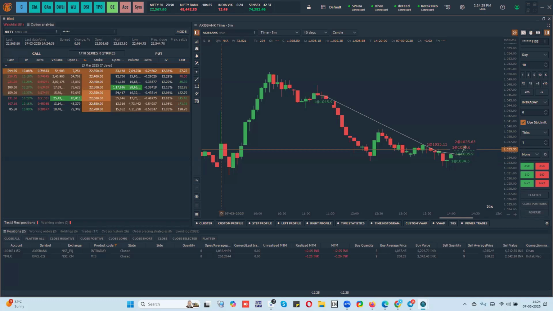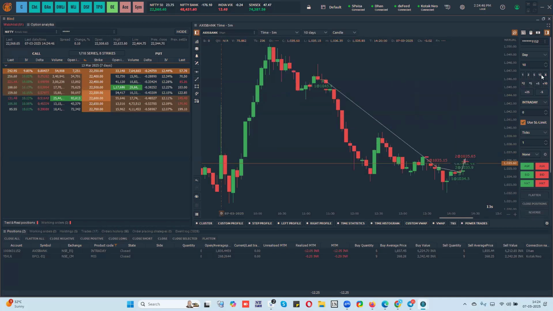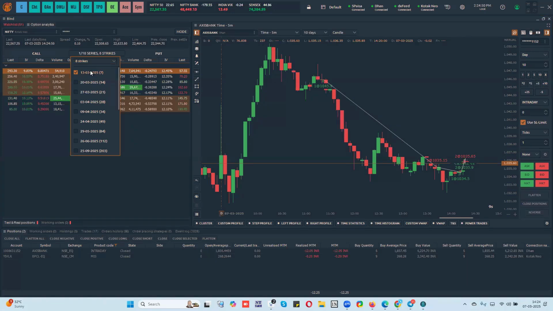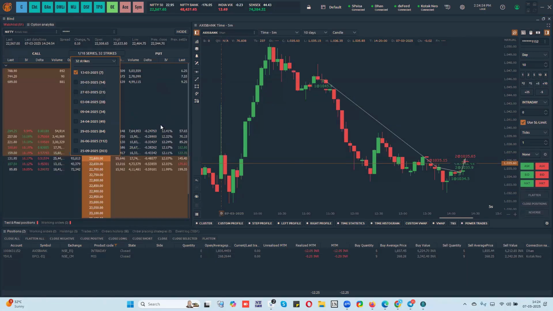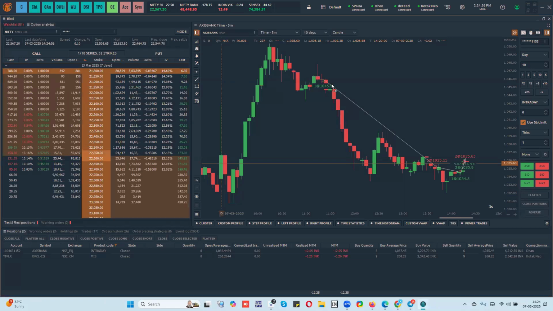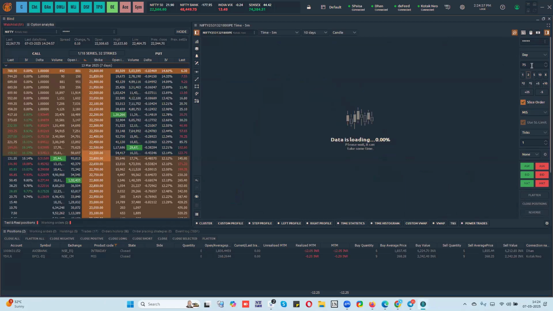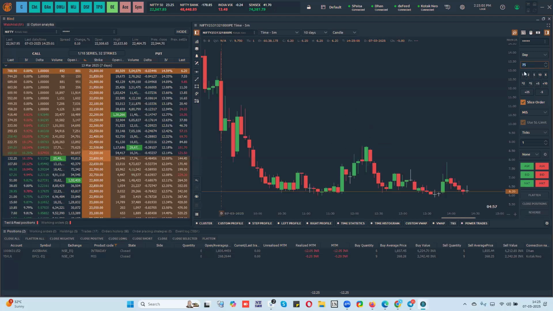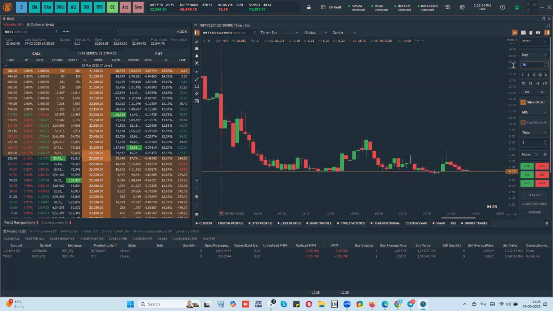So you can adjust the quantities accordingly, and if you want to always trade with multiples of freeze quantity, you can do that as well. However, we also have quick trading for freeze quantity. For example, if you want to trade options, the lot size is 75, and I think the freeze quantity is 24 lots or something. So if I place 25 lots here,